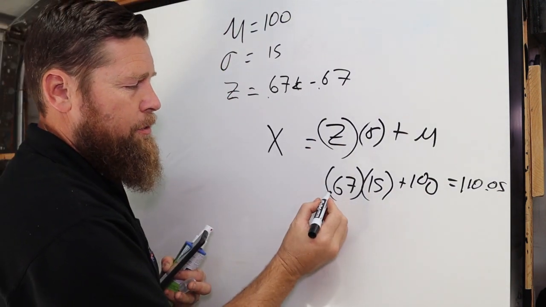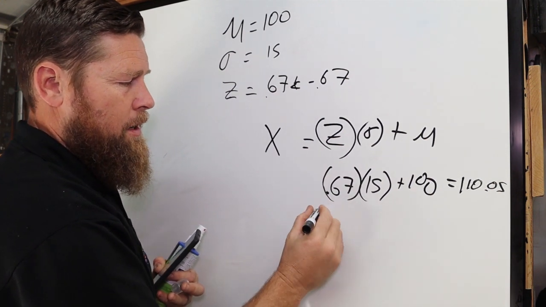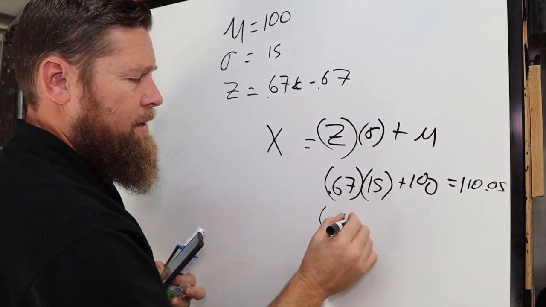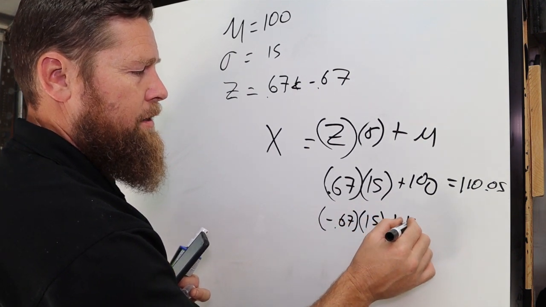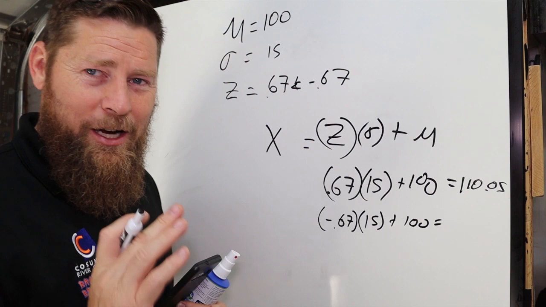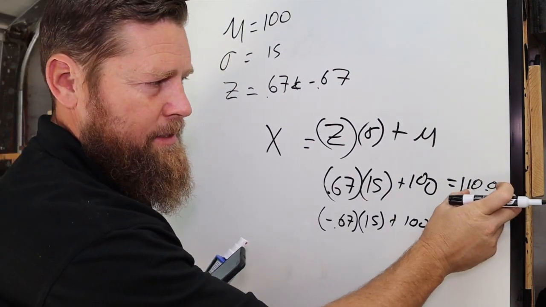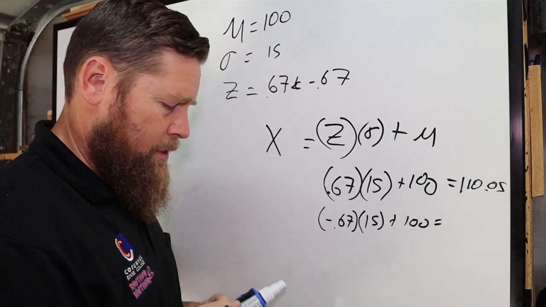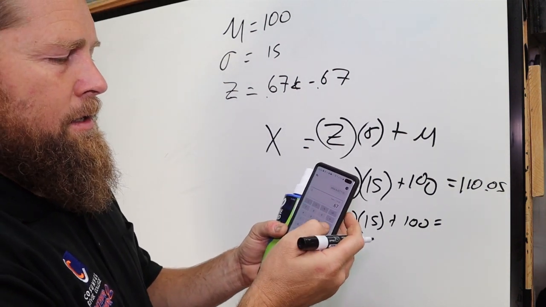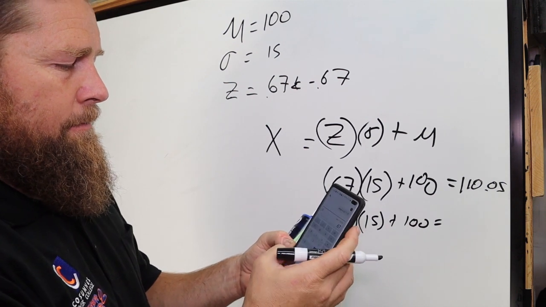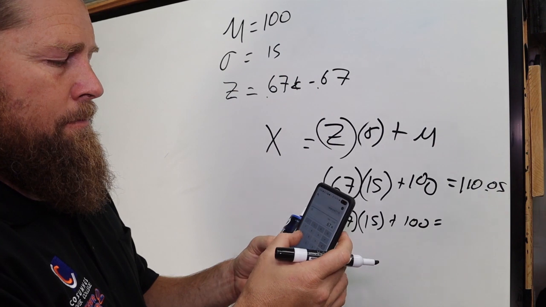The next one I need to do is I need to make it a negative 0.67. So now I'll do negative 0.67 times 15 plus 100 equals, here's a trick for you. It's just going to be 100 less 10.05. So if I do negative 0.67 times 15